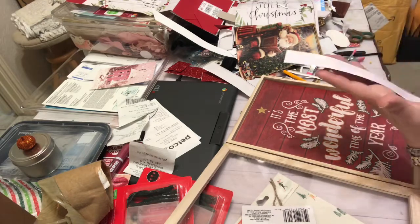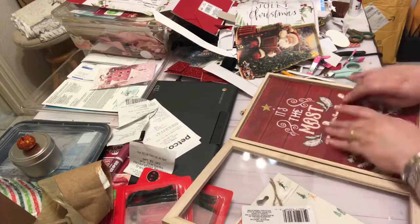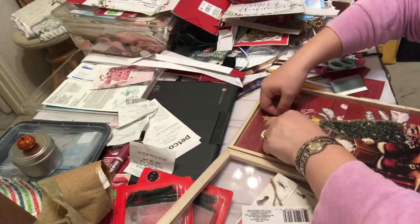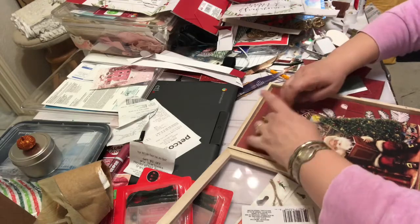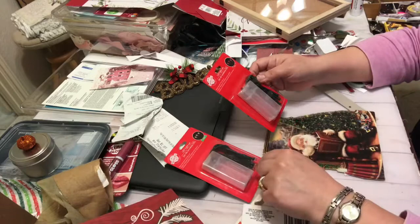And I thought this one worked out because it already had the kind of color, that background, you couldn't really tell too much. Plus, once the image was on top of it, it really covered most of that. So